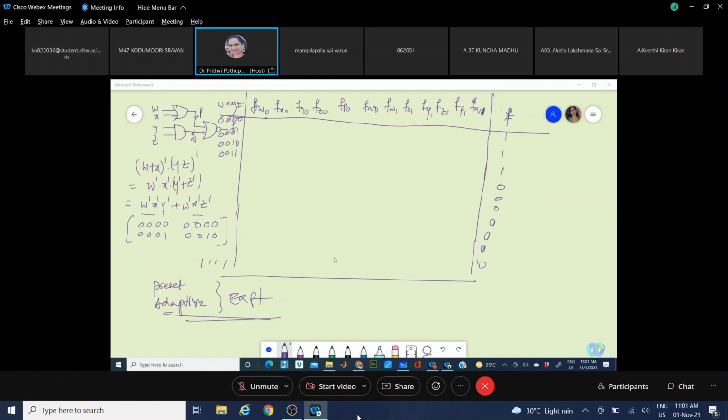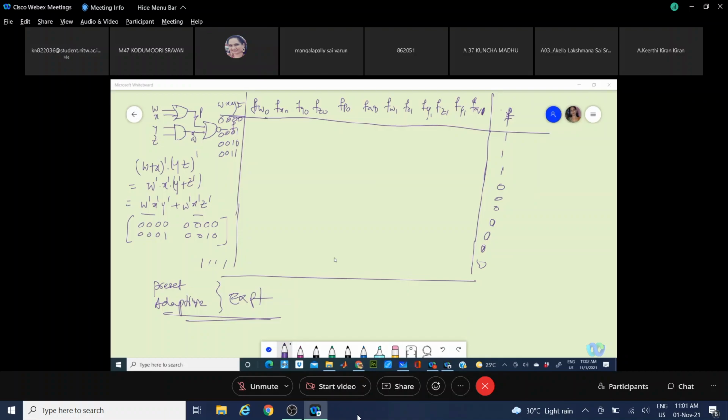Okay. And explain the method of minimization for a complete sequential circuit.